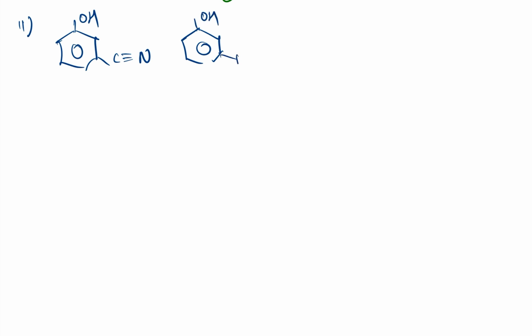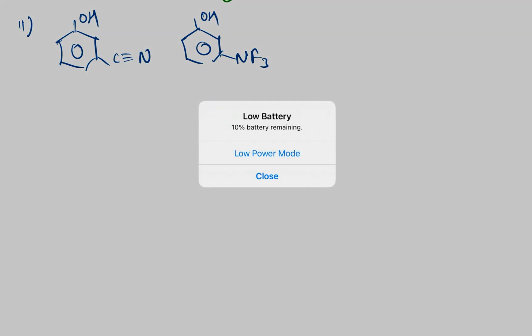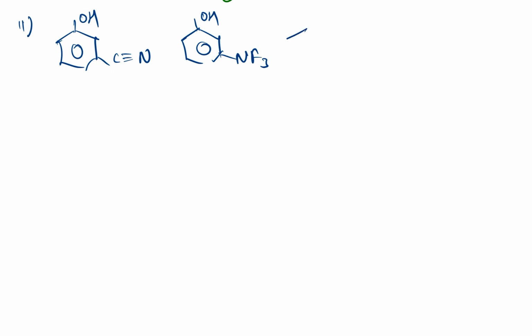Now let's do the remaining problems. Let's talk about acidity of alcohol. We have alcohol with cyanide, alcohol with NF3 plus, and we have alcohol with NO2, formic acid over OH. Then we have